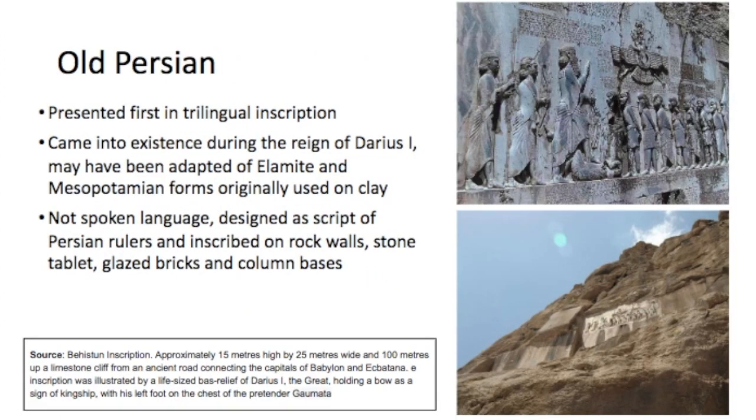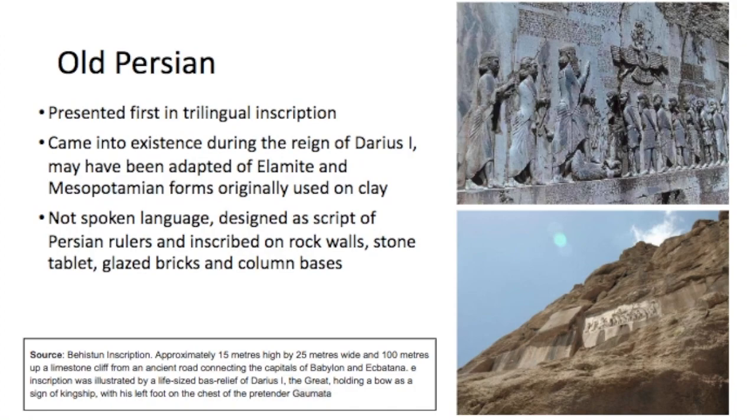Old Persian is always presented first in the trilingual inscriptions. It came into existence during the reign of Darius I, and may have been adapted from Elamite and Mesopotamian forms originally used on clay. Okay, this is the Behistun inscription that we see here. We have looked at it throughout our study of ancient Persia,